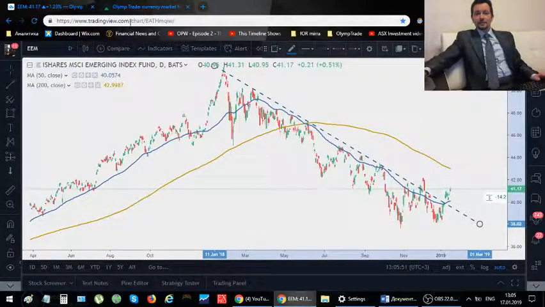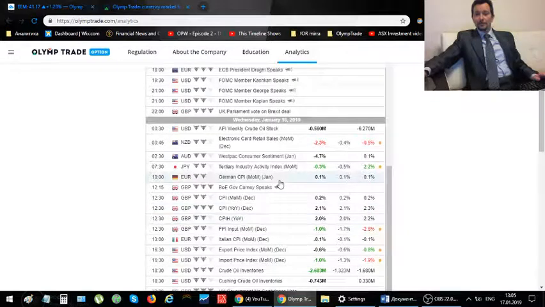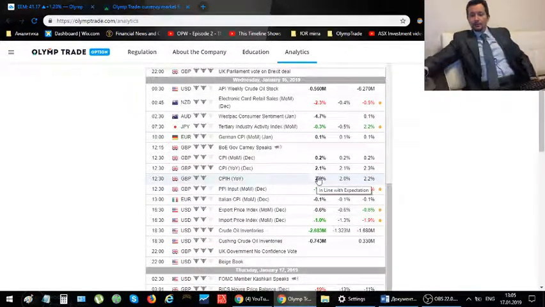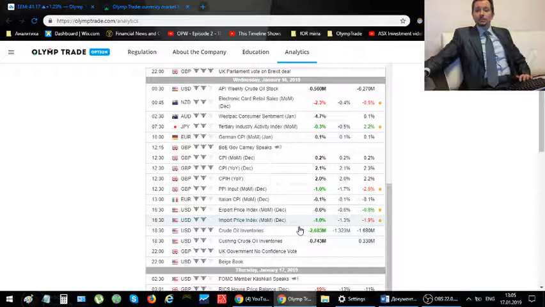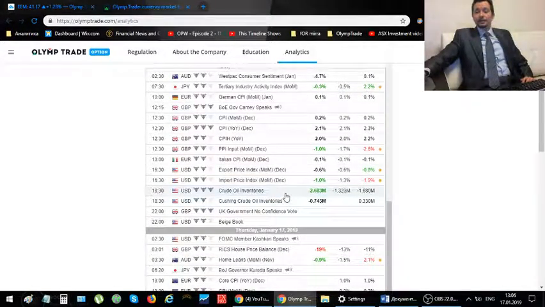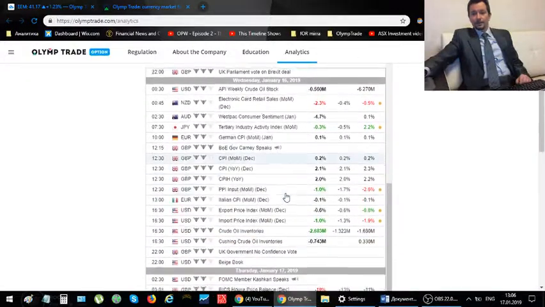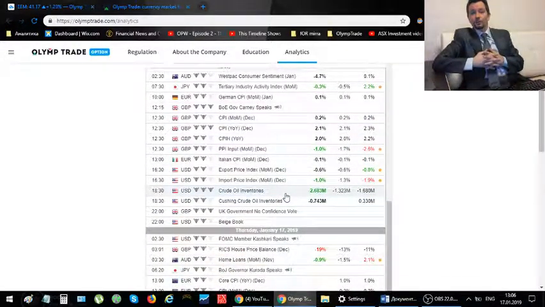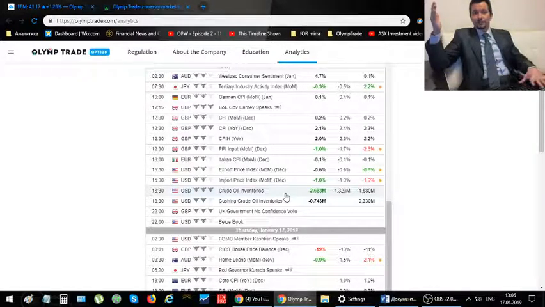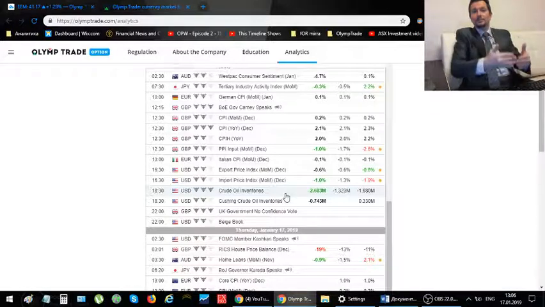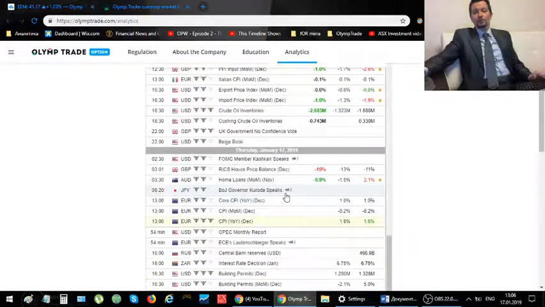And lastly, let's have a look at our economic calendar, what happened yesterday. Out of the more important and interesting positions, we had crude oil inventories, and they more than doubled the expectations of analysts. What that means is, the higher the rise in crude oil inventories, the lower the price. It basically means there's less demand. The higher we have surplus, the less demand we have. And that's a bearish sign for oil, which we saw move down yesterday.